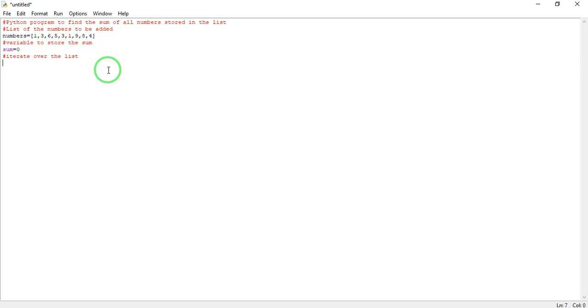And for this we will use a for loop, as I said. So for value in numbers, this list, put a colon. Define sum, sum equals sum plus this value. Okay, I'll tell you how it goes.